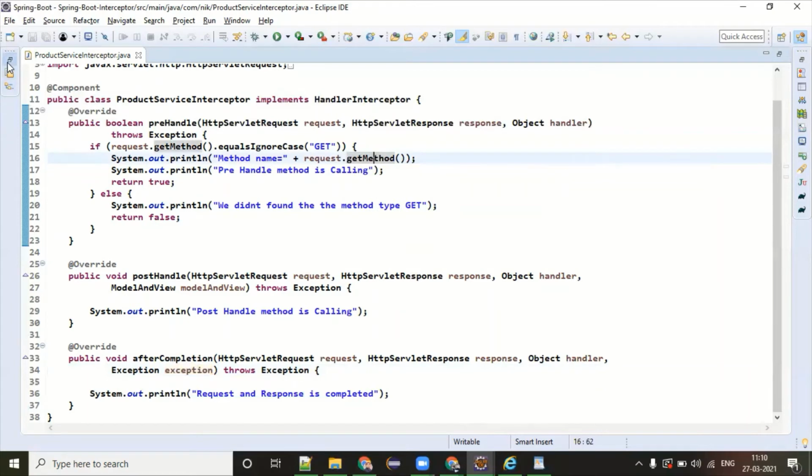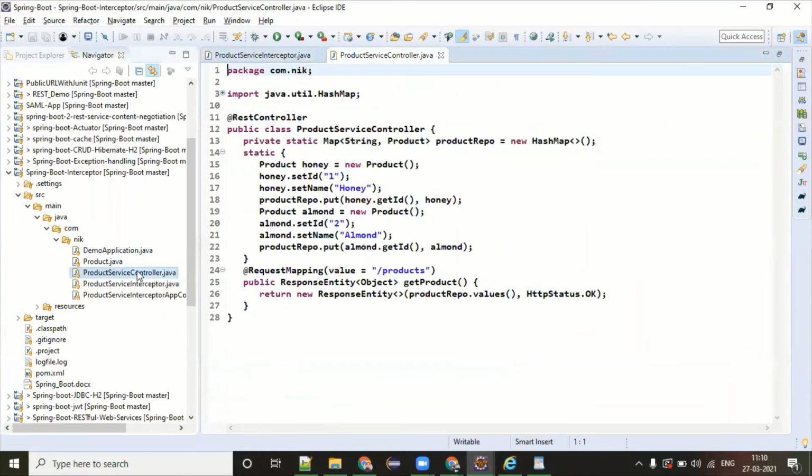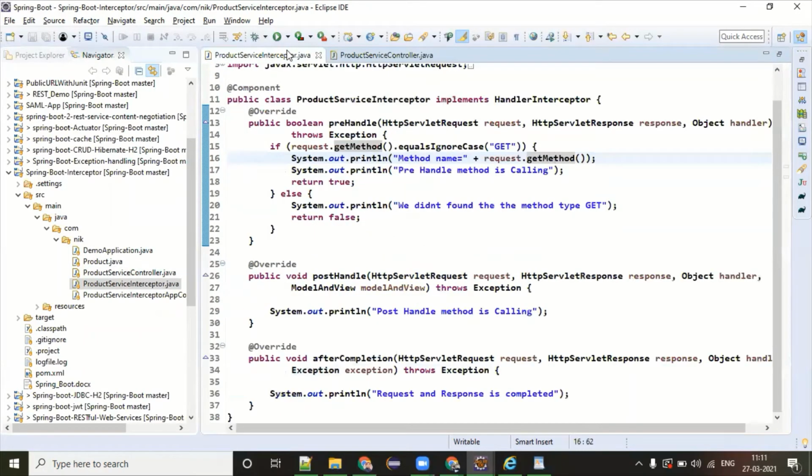So whatever request is coming to me, this method must be a GET. I don't want to entertain the POST method. Think like this: somebody is trying to make a POST call for your method. You want to say that this call is not for POST, this is for GET. So this is your simple business logic, but ideally this is not the simple one. You have some pre-hook written, and based upon that logic, you want to tell your client, since this is not matched based upon my criteria, I'm not forwarding your request further.